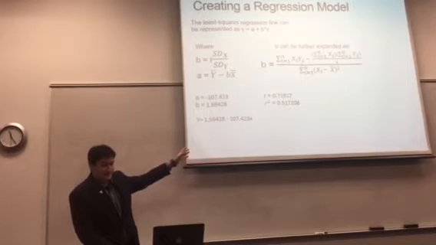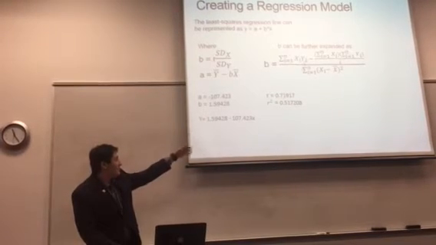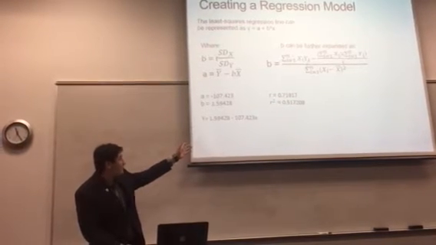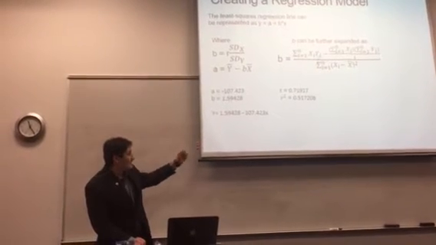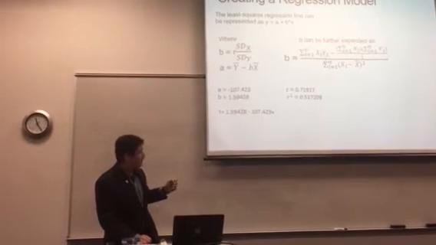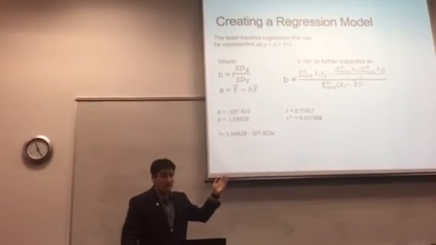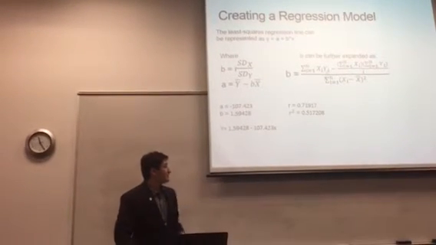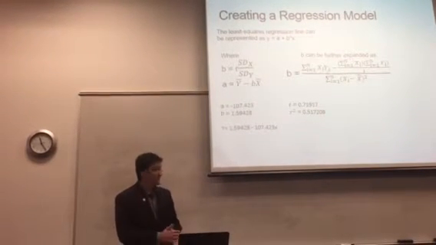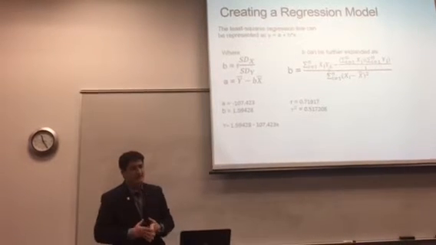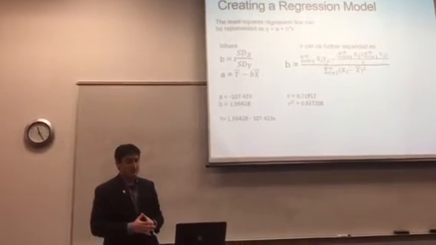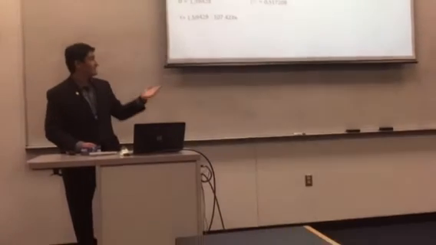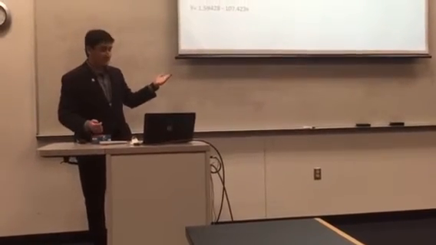So I did this work, I won't get into putting all the numbers in, but I got the equation y equals 1.59x minus 107.423 with a correlation coefficient of 0.7 and an r squared, a Pearson's coefficient, of approximately 0.552. This shows a moderately strong correlation. It's of course not a full correlation, not above 0.9, but it's relatively useful.